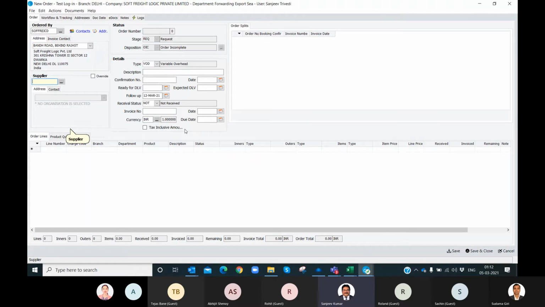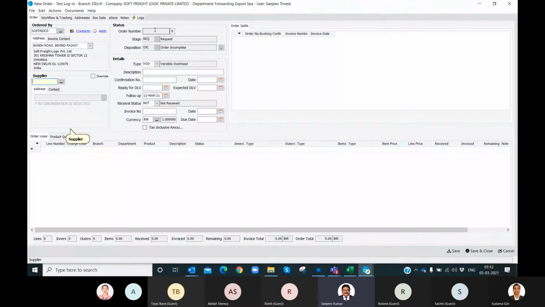In those scenarios we can map inside CargoWise, and CargoWise allows up to 3 levels: first level, second level, third level. And we can have certain amount ranges, like for a purchase order, if it is below 1 lakh, then level 1 will approve. In level 1 there are 3 executives.